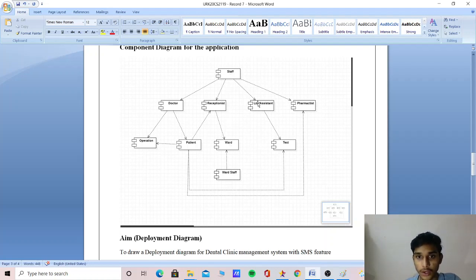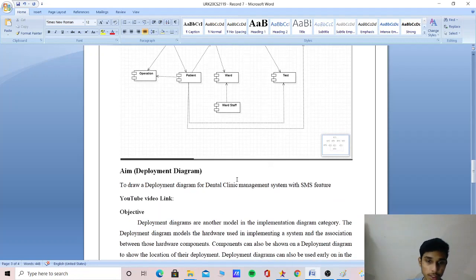If the staff is going for the lab assistant, that means if the patient needs to go for the lab, then go for the lab assistant. Then the patient goes to the lab for the test here. Then the patient is connected to the paramedic. That means if the patient needs some medicines, they just go here. Then the staff will come here, notifying them. Otherwise, they ask the paramedic to make the bill for the patients. It will be easier for them.